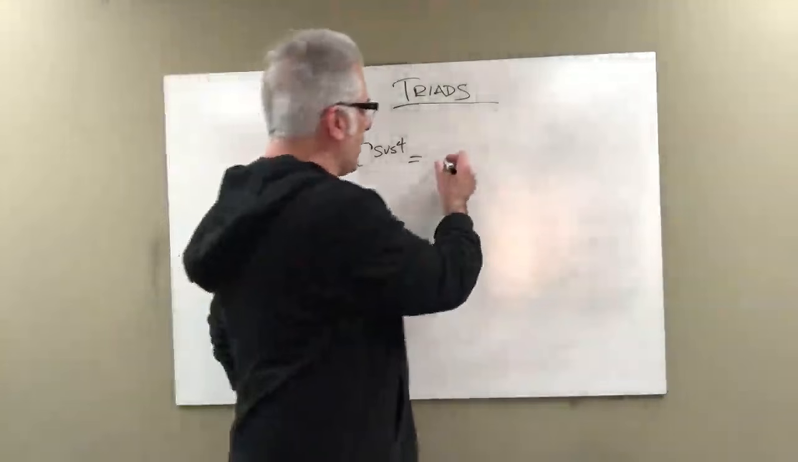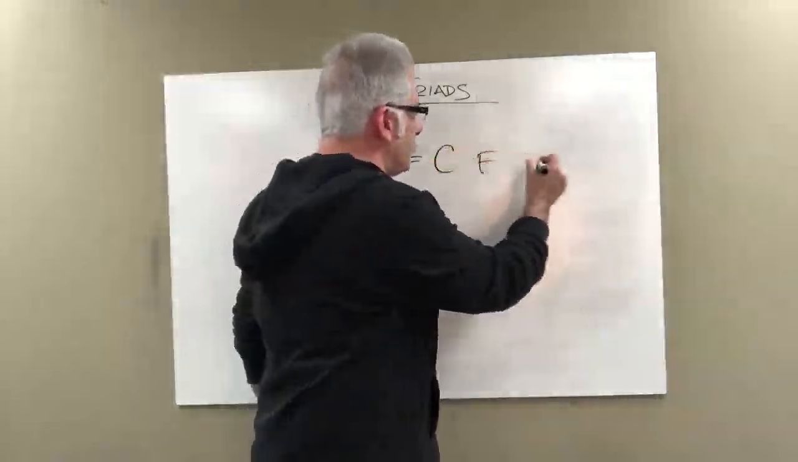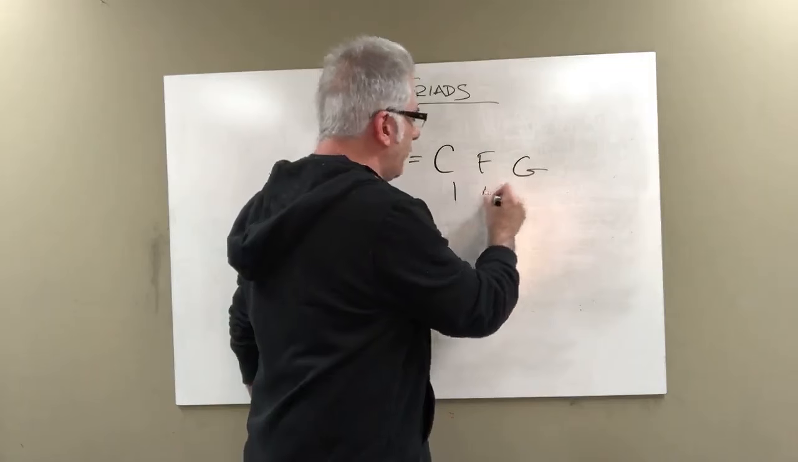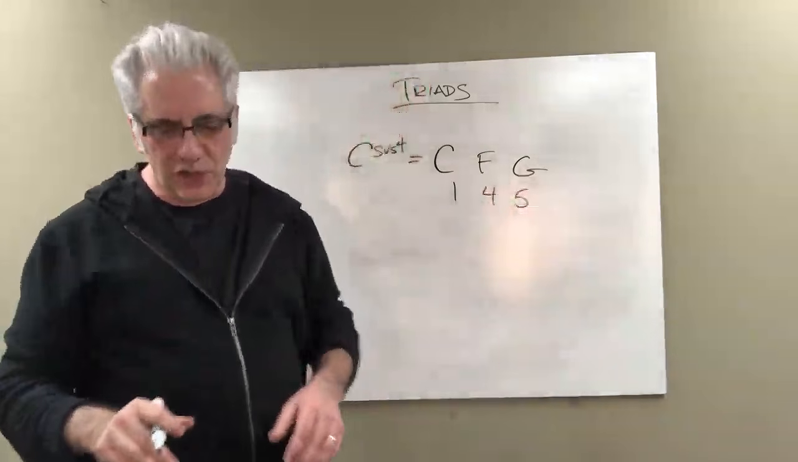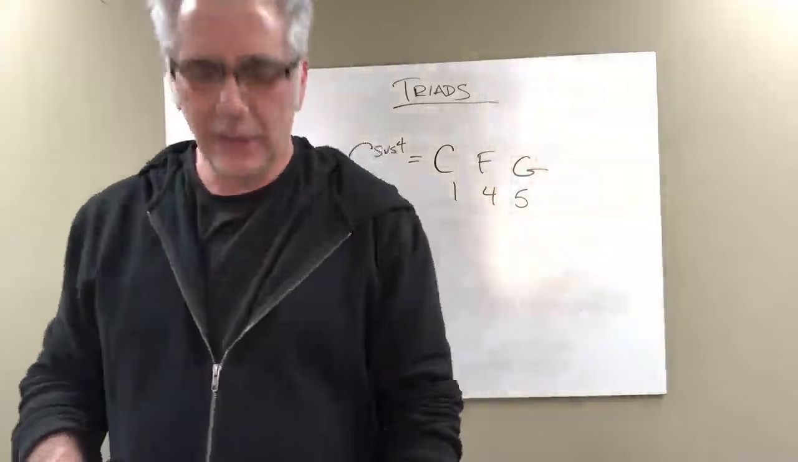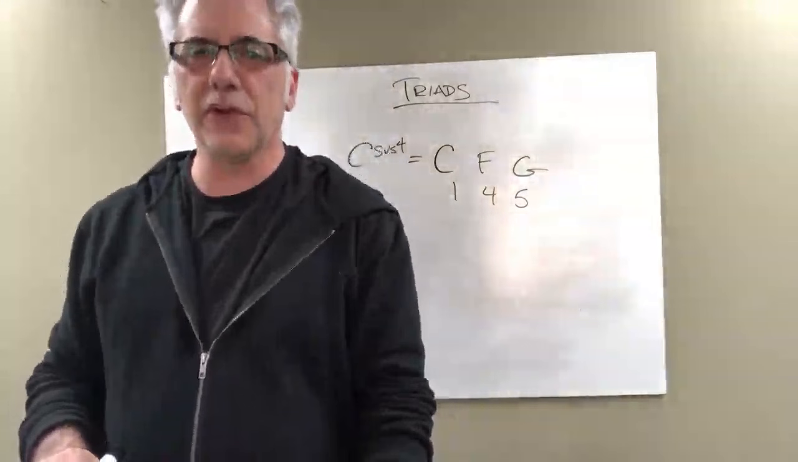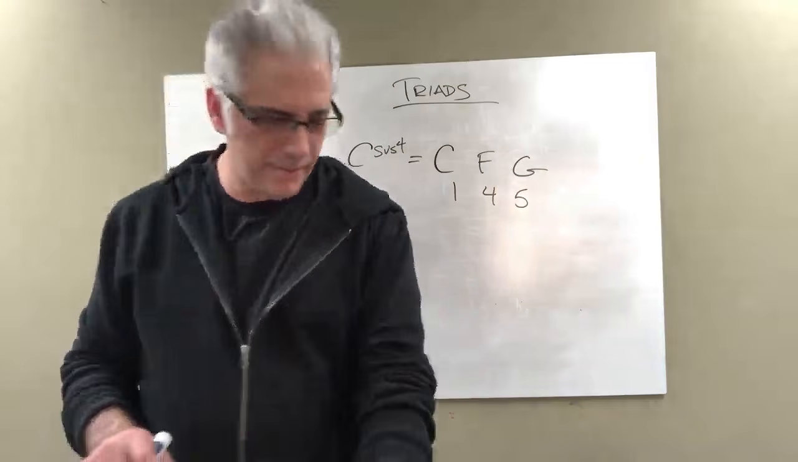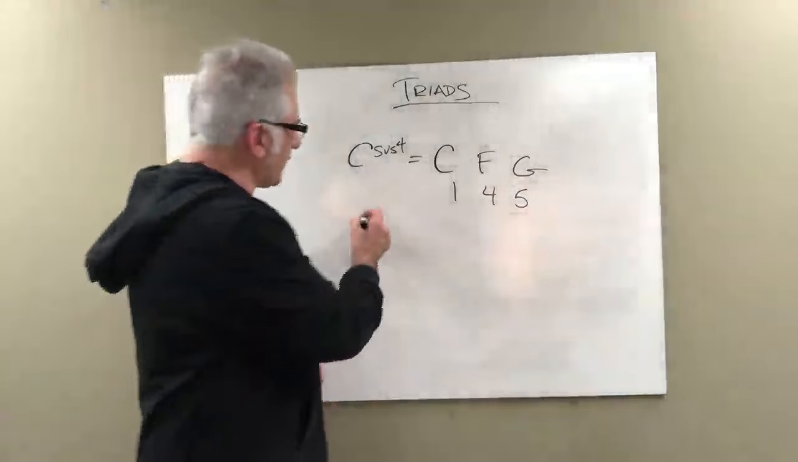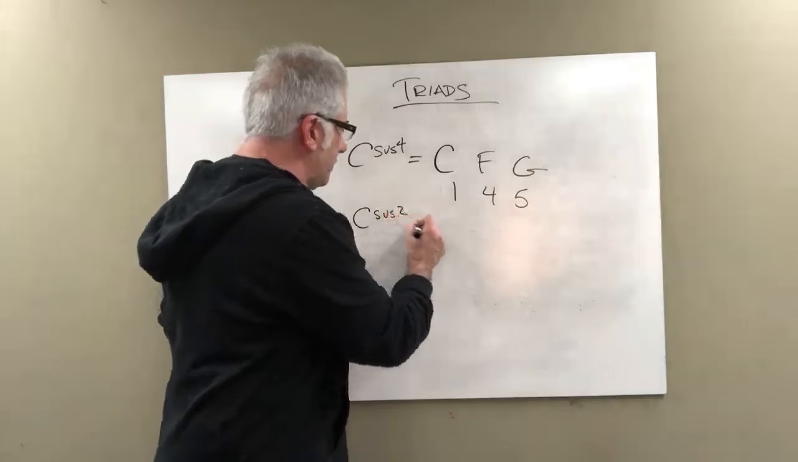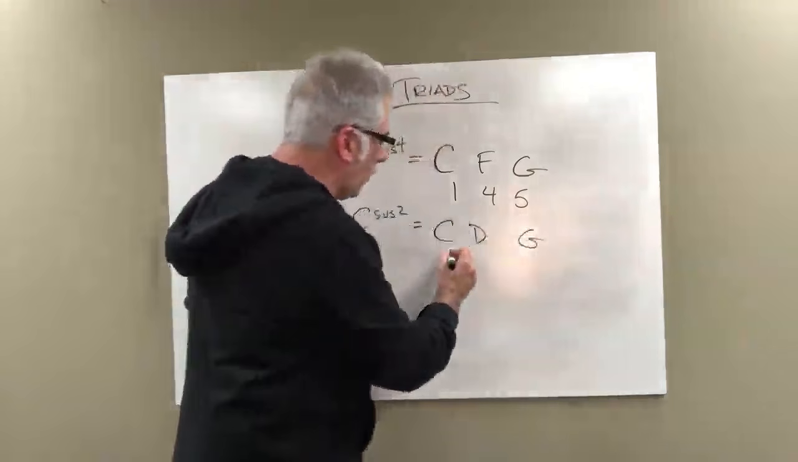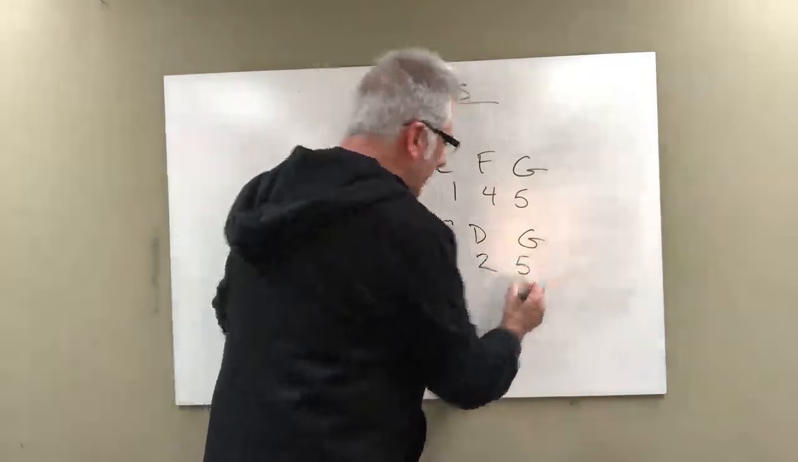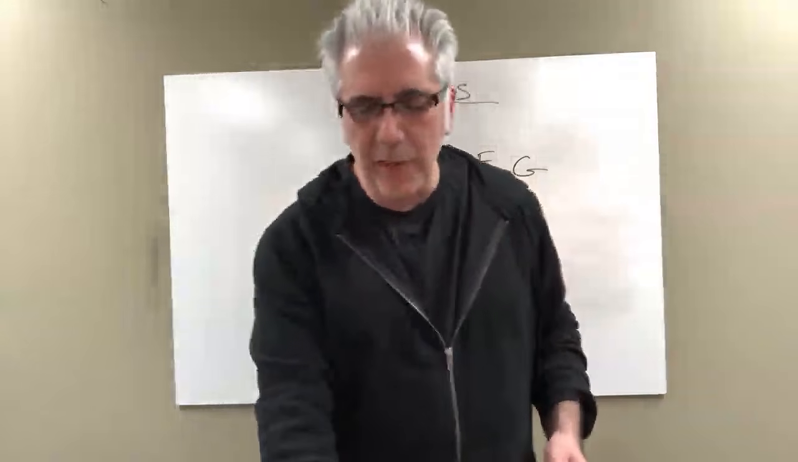A C sus 4 is C, F, G, or 1, 4, 5. Now, don't get confused. It's not a 1, 4, 5 progression. It's the first note of the scale, the fourth note of the scale, and the fifth note of the scale. 1, 4, 5. Okay? And if you have a sus 2, C sus 2, these are all common things. It's going to be C, D, G, or 1, 2, 5. That's a suspended 2. So if you take a C major chord and you move it down,